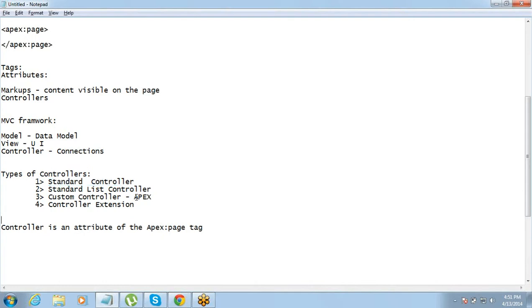So standard controller. Let's get into standard controller first. For a standard controller, it's pretty simple.